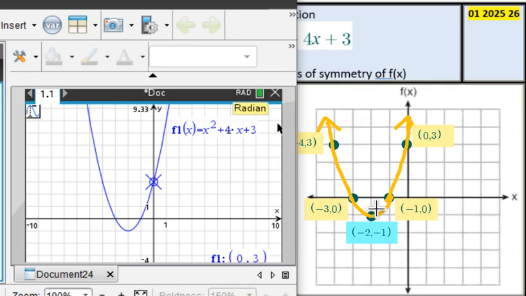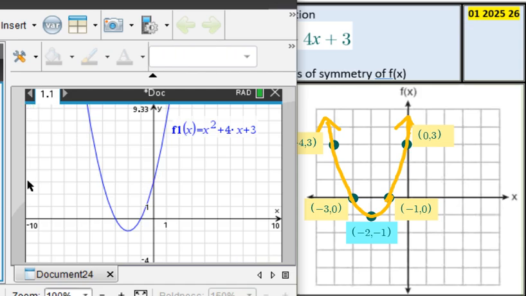Plot all 5 points, label each point, and make sure you put arrows at the ends of your parabola. And that's our graph. Now, the next statement says, state the axis of symmetry of f of x. So, to find the axis of symmetry,